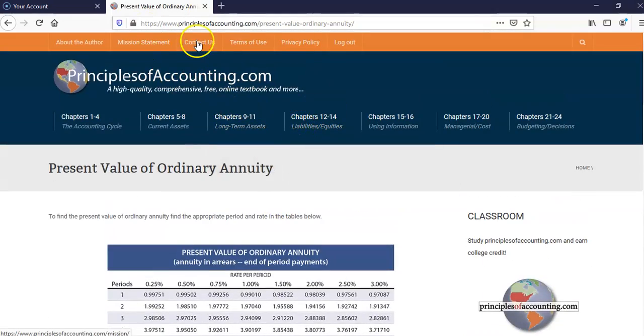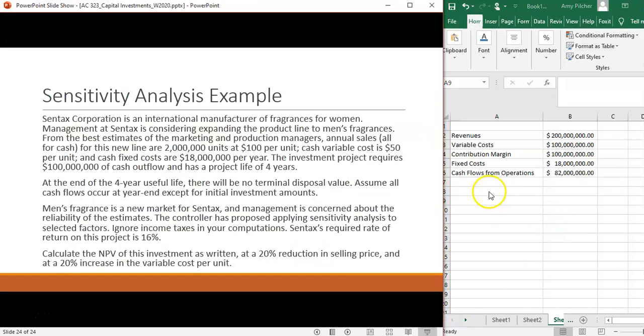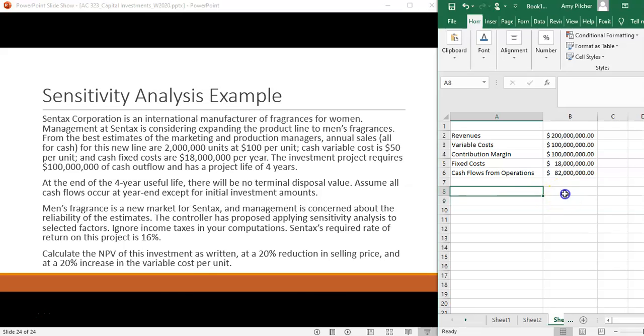I needed to go find a present value table that went up to 16% because that website didn't. So we're at 4 years. Our value is 2.7982. So if we go back to Excel, we take our cash flows